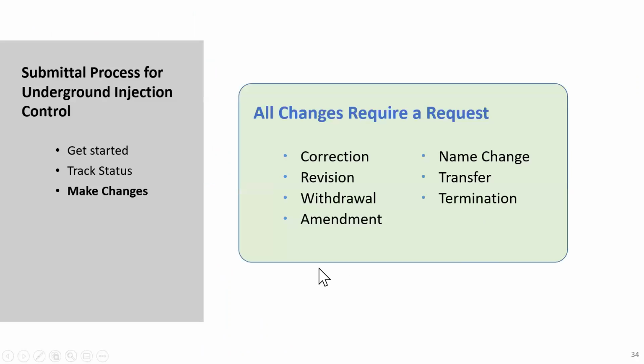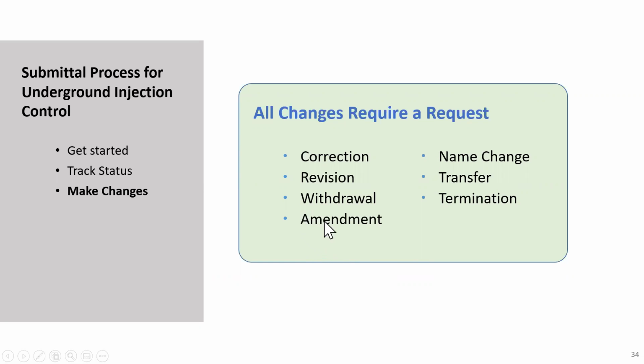So let's move on then. This looks like a larger section of the training, but it's actually pretty brief. All changes require a request to get them initiated. So if you would like to make a correction, let's say you reviewed the submittal, it was sent in, and you're like, oh, oops, there was one thing that needed to change. If you need a correction, you would initiate that by making a request. Same with a revision. If you need to withdraw, amend, name change, transfer submittals to a new RO, let's say, or termination of